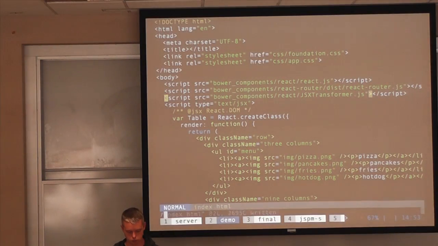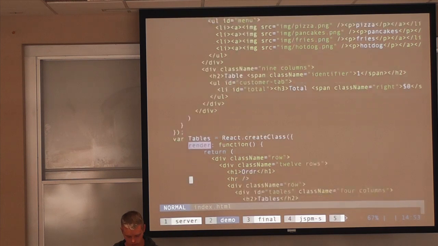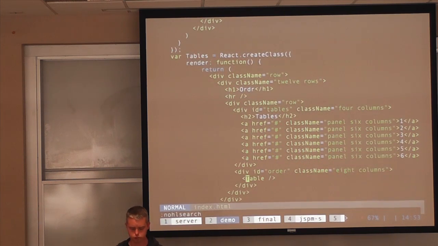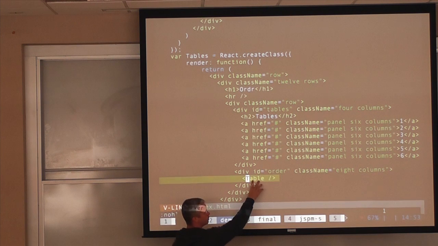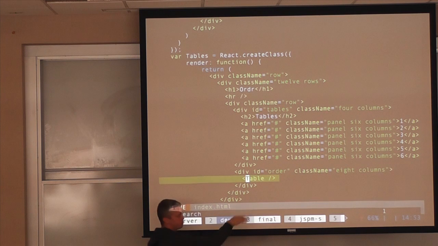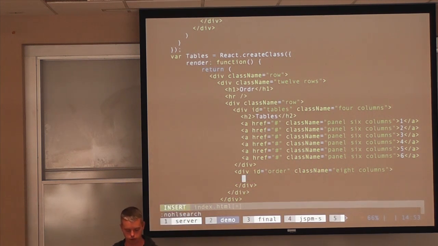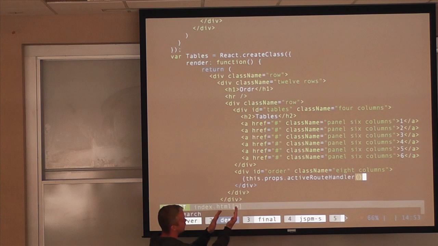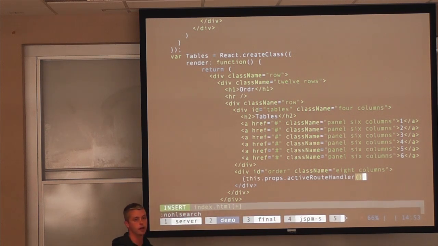So I'm going to go down to the tables render method, and then down here at the bottom, instead of just showing table as a component, remember I don't want to be in control of this tag soup at all. I want to let the router determine which components are shown when. So I'm just going to rip this out completely and use a special property that the React router gives me called this.props.activeRouteHandler. And that's basically going to drop in any dynamic child route template right in line, which is what we want. But if it is not there, meaning it's the first time, I'm just going to do an OR statement in JavaScript and call some function to return some HTML. So I'll say OR this.placeholder,